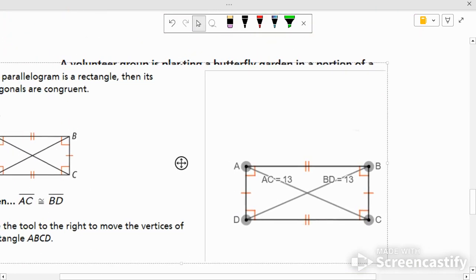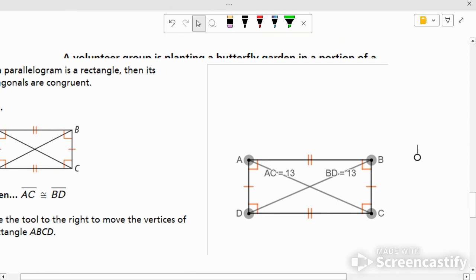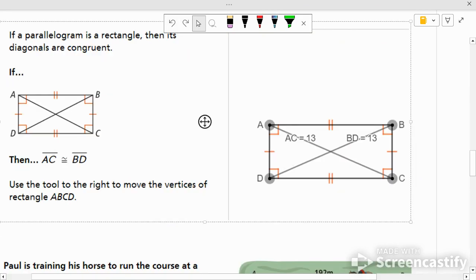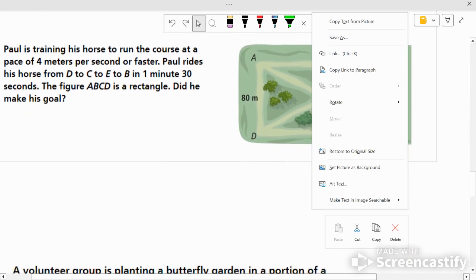A volunteer, whoa. I don't know what I just did, but I know what I just did, but